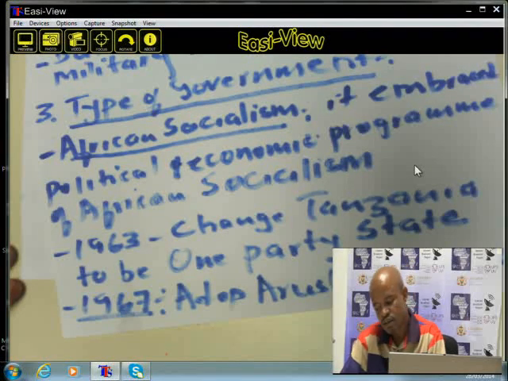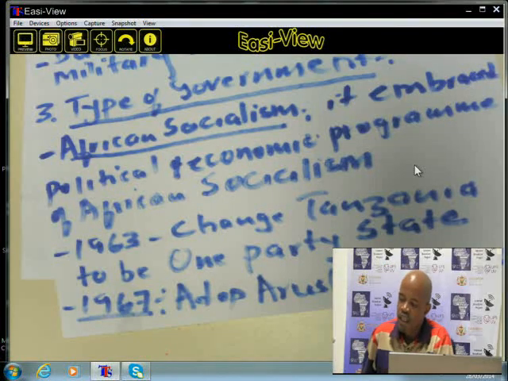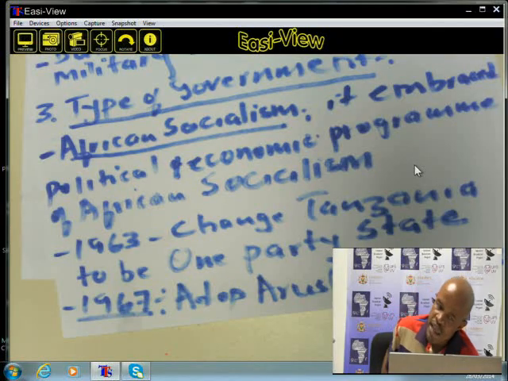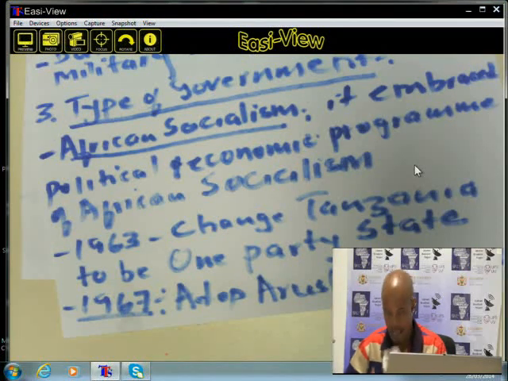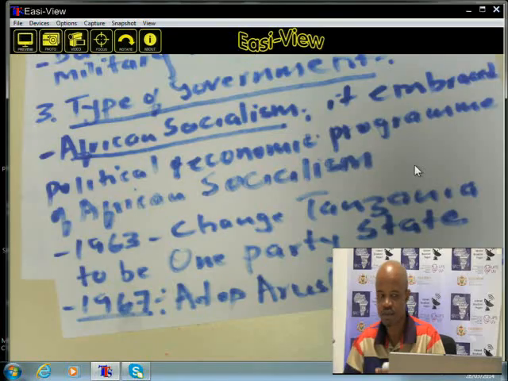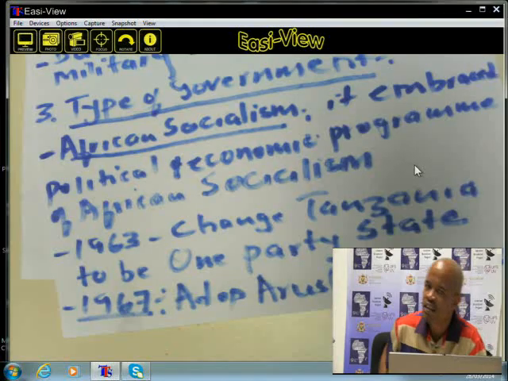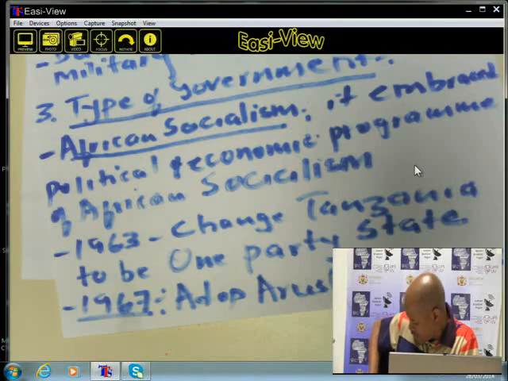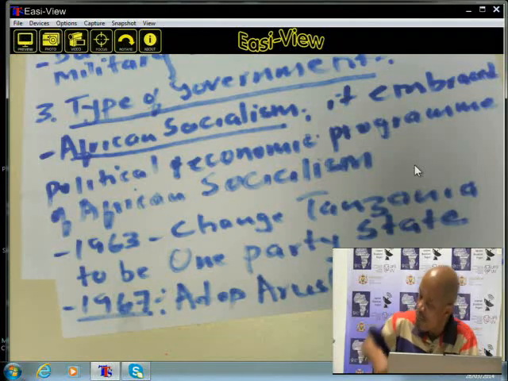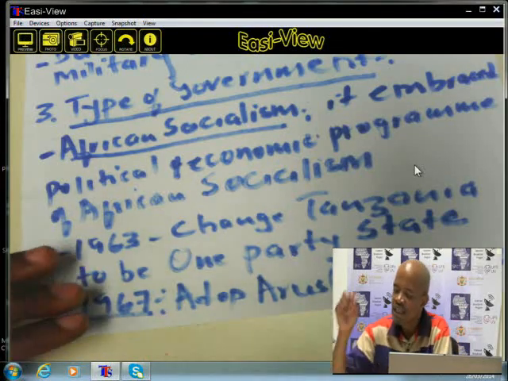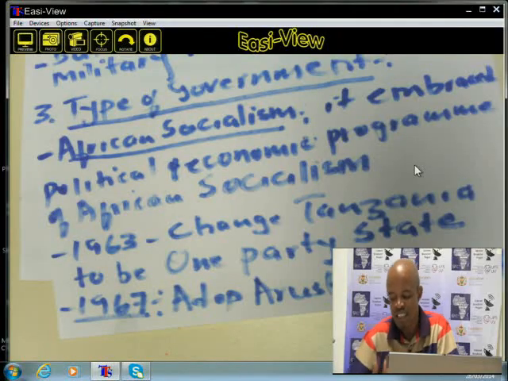The type of government that Tanzania was. In 1963, it changed to be a one-party state, not a multi-party democracy. A one-party state, which means the only party that has a say in that government was TANU. Tanzania became a one-party state. And I said to you, TANU means Tanganyika African National Union. So as Tanzania became a one-party state,